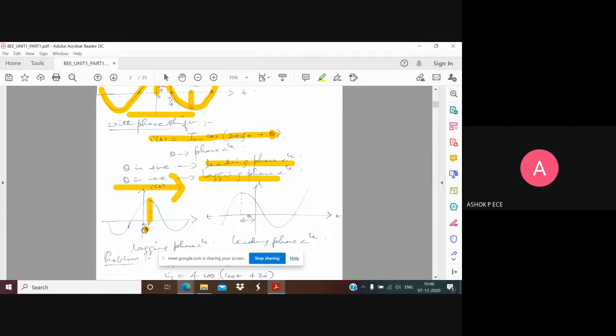But now understand, the bus should come at 7 o'clock, but because it is a Saturday, the bus is coming at 6:45. What is the condition there? Leading. Leading means the waveform will be advanced. The maximum value should come only at 0, but already the maximum value has come here. So it is leading by an angle theta. Leading means the angle will be positive, lagging means the angle will be negative.